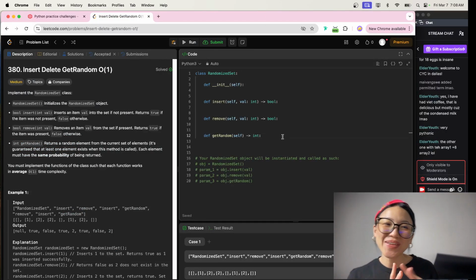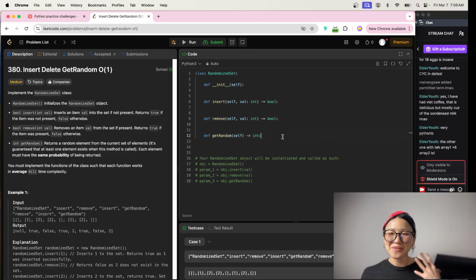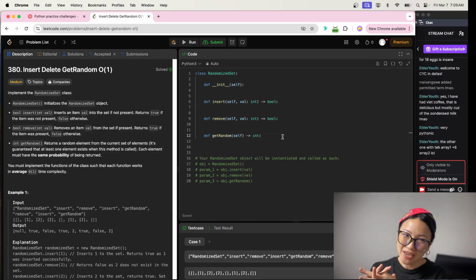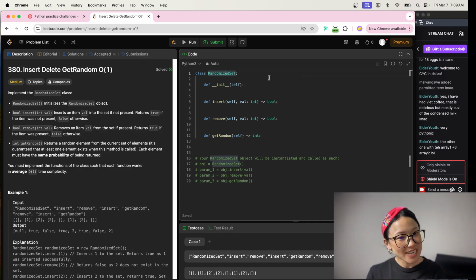Okay, so I definitely have been getting myself more involved with, in my head, system design with class objects itself. So this one is called insert, delete, get random, O(1). And I like this problem, so let's definitely go ahead and tackle it. So what we're gonna do here is implement this randomized set. And what it does is it initializes the randomized object, and then in the insert method,